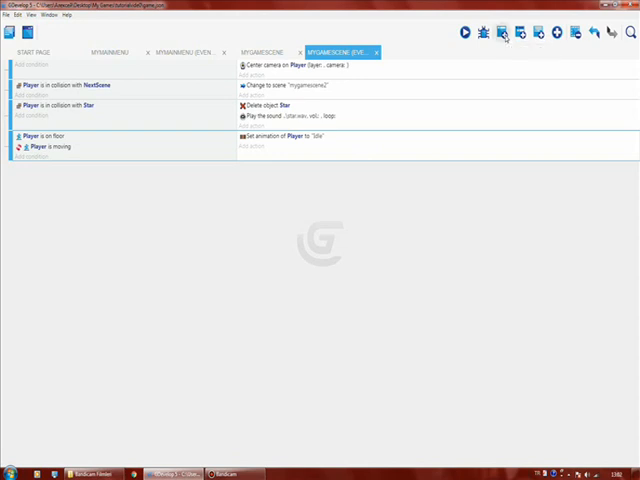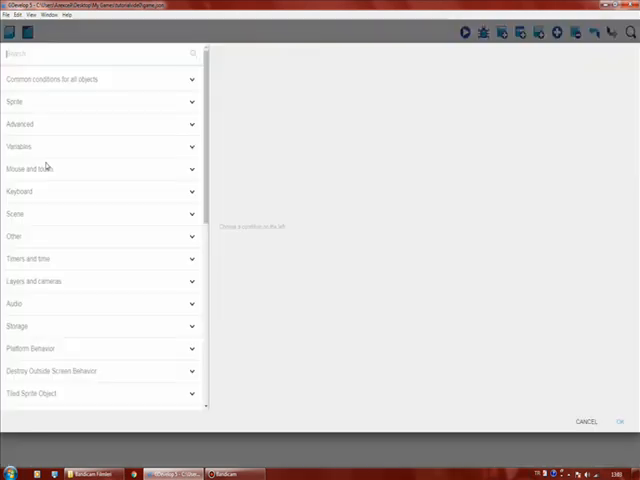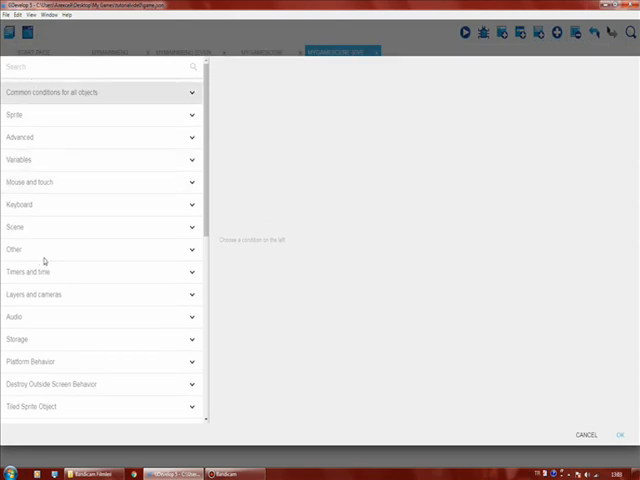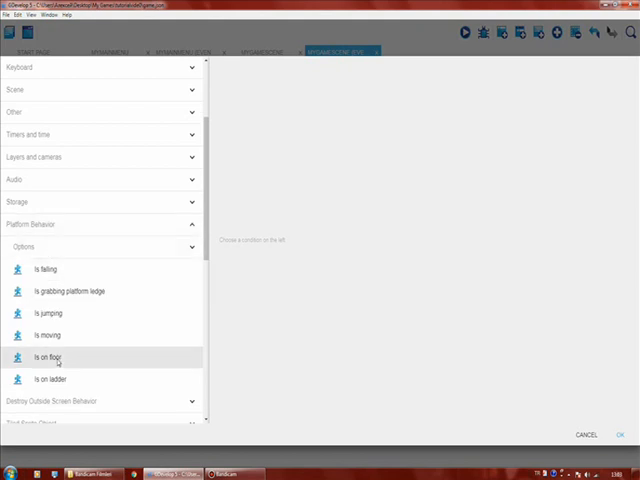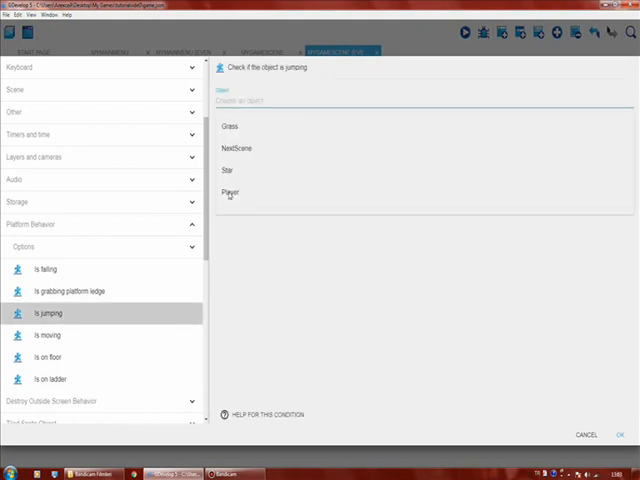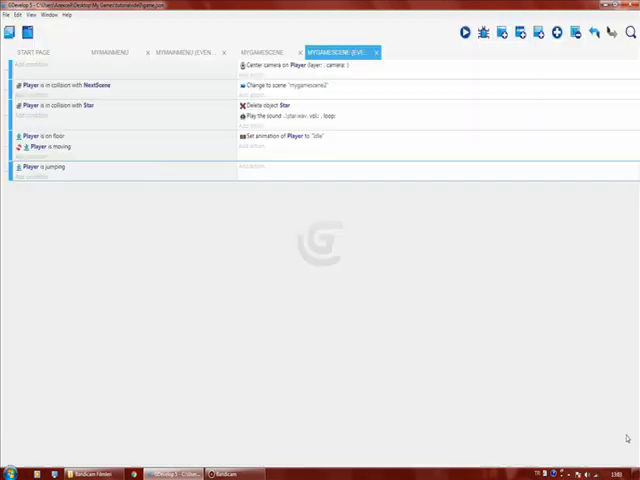So second one, let's make jumping. Add condition, platform behavior, and then is jumping. Okay, here, player, and don't press this, just go press OK and press add action here,